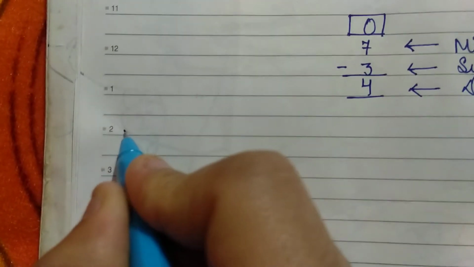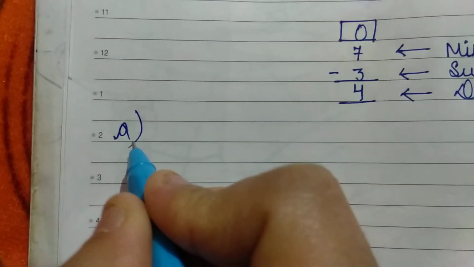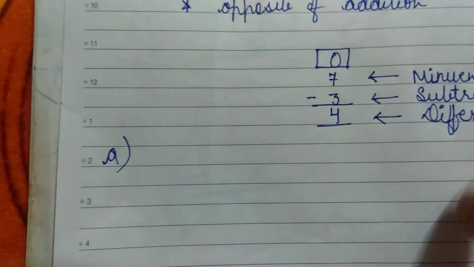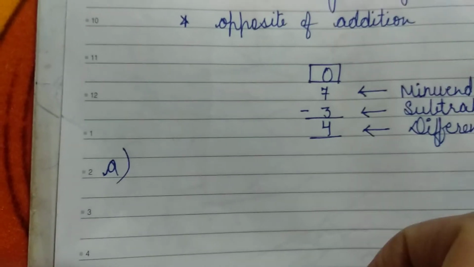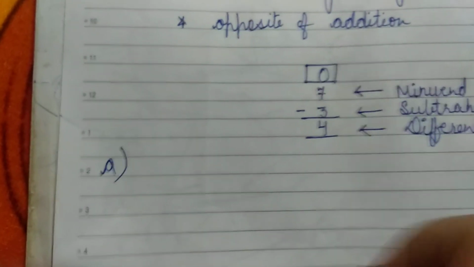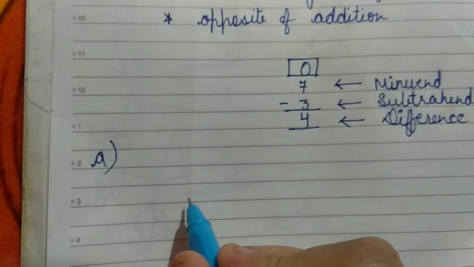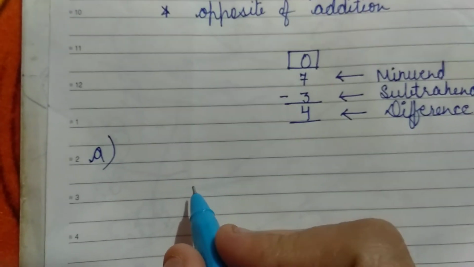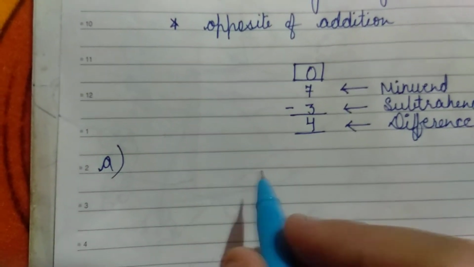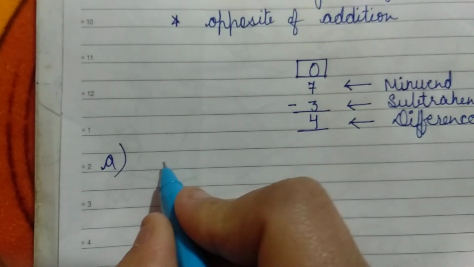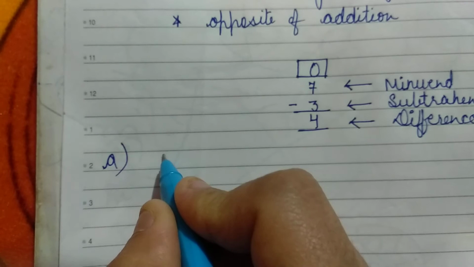Let's take examples. So first one. See, children, one more important thing. The questions which I'll do right now, you have to write in your classwork. As a classwork you will do, and homework I'll upload in the ERP. Fine, so let's start doing. We have to subtract. Let's take one example.